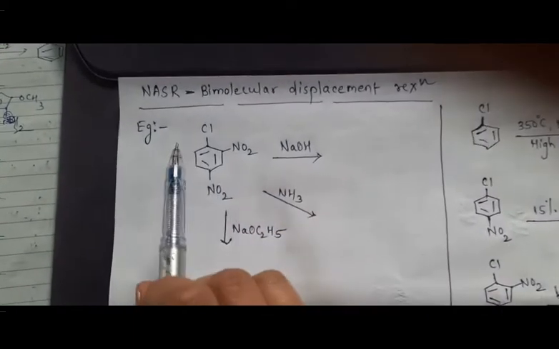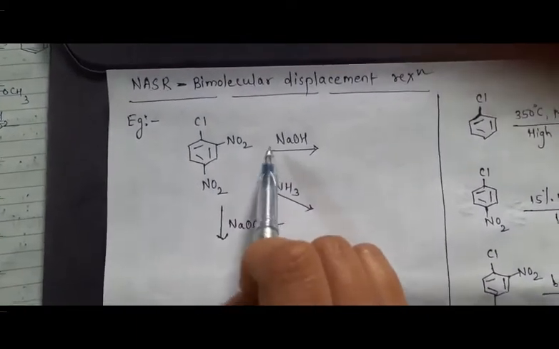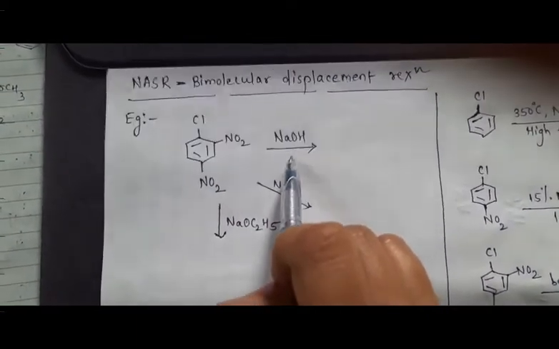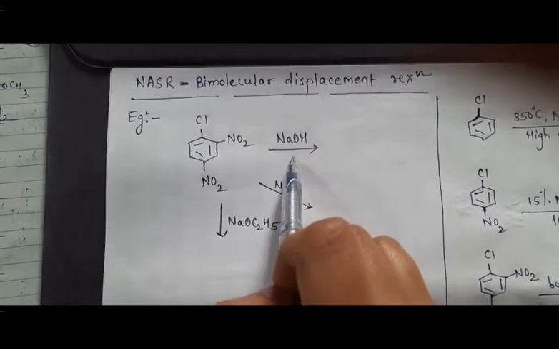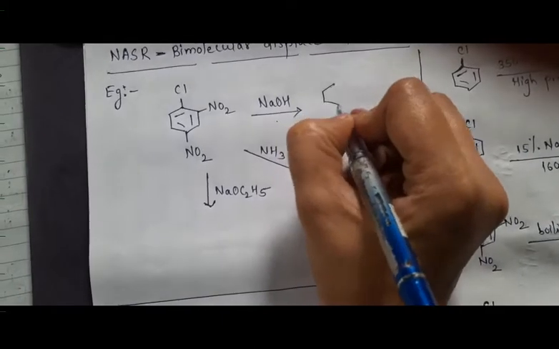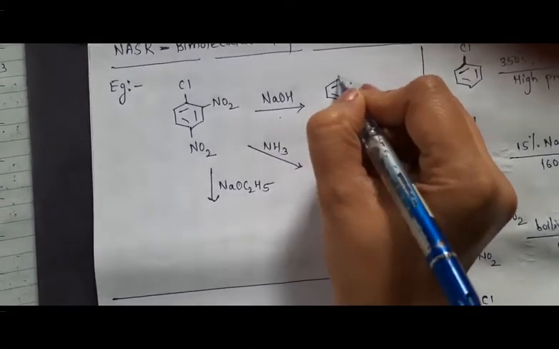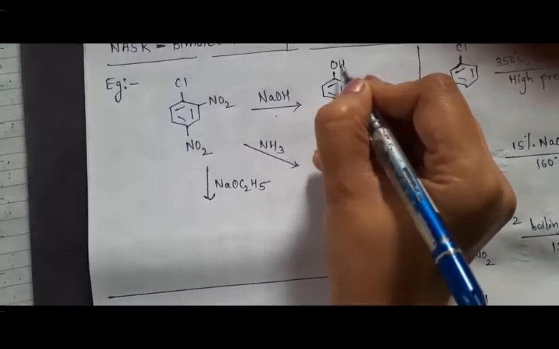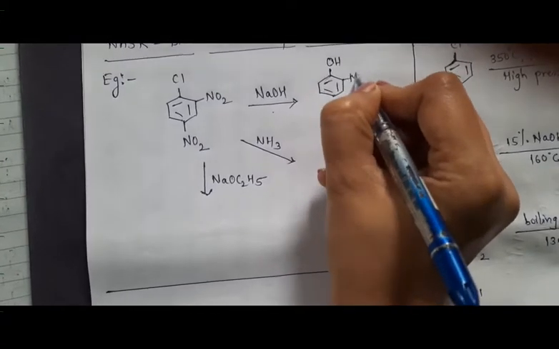So if we consider the first example, here I have my nucleophile as OH minus, and thus this nucleophile is going to be replaced for the Cl in the reactant, and the product that I am getting here is